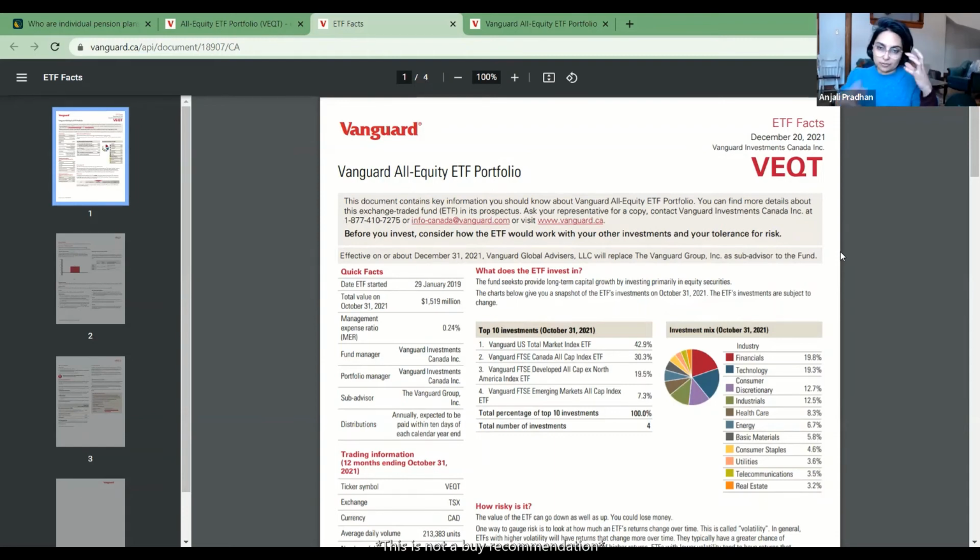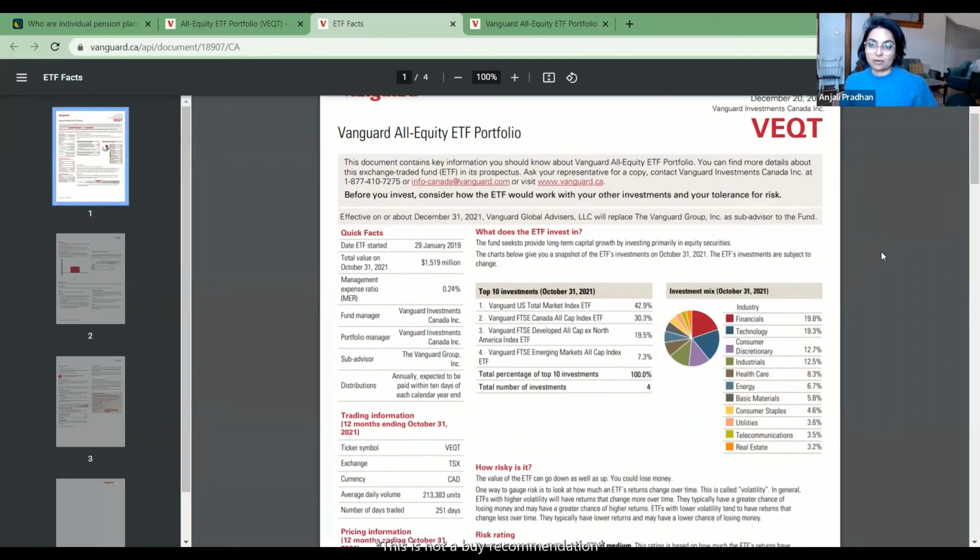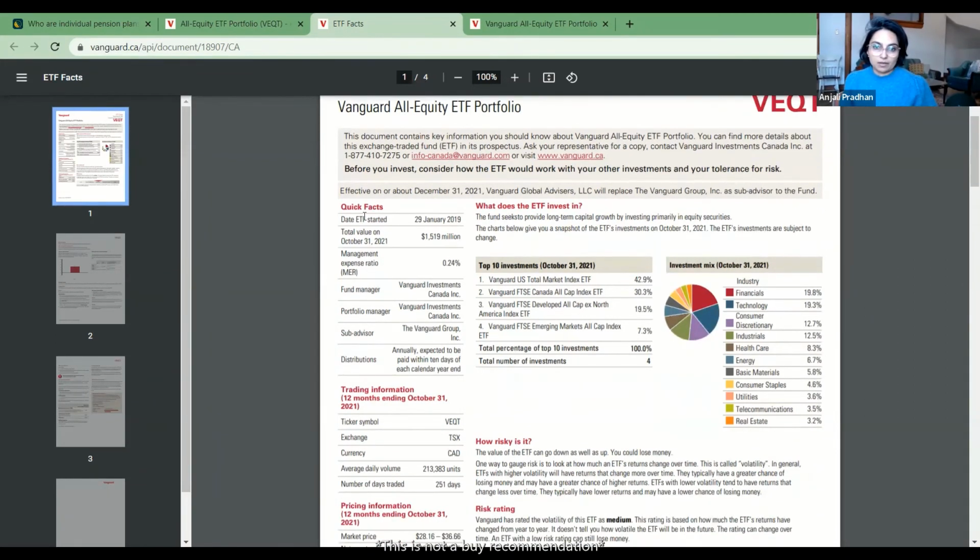If the US suffers, the Canadian economy suffers as well. So the diversification benefits are less compared to if you add an emerging market to the mix. And if you add bonds, that's a completely different animal. It behaves completely differently, and it's actually yin and yang when it comes to equities. Equities and bonds are yin and yang.